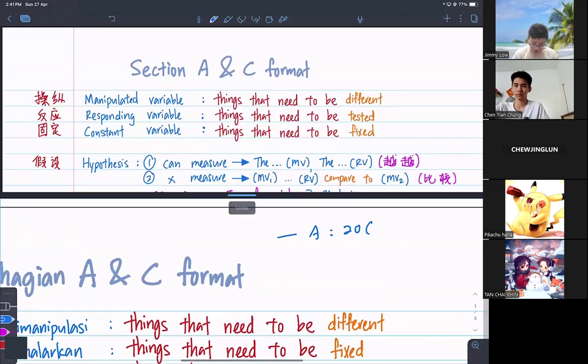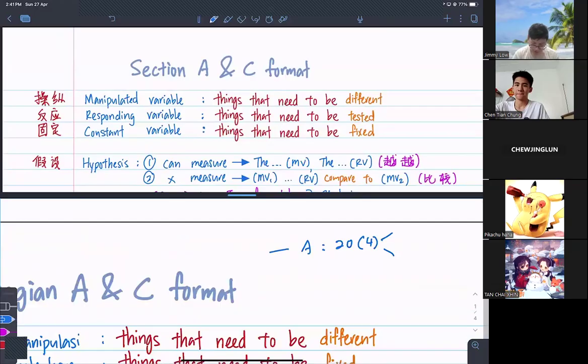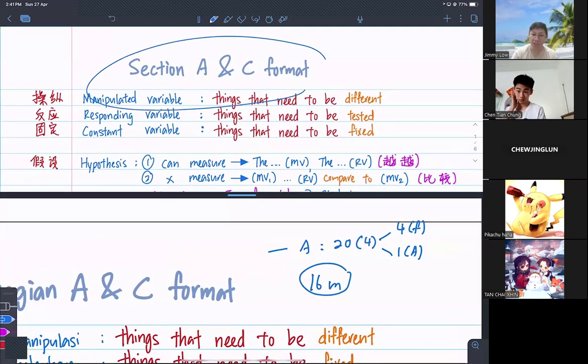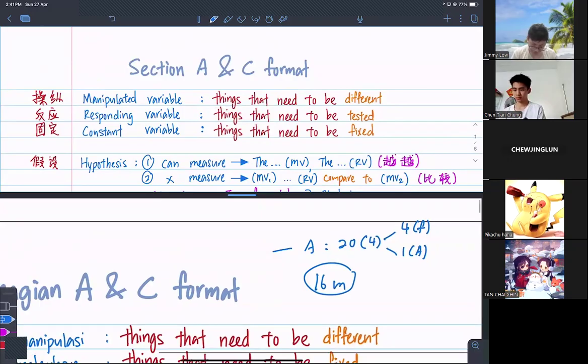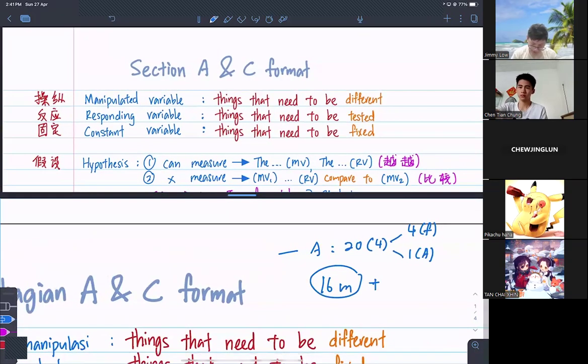How many questions? We have around 4 questions here. For each question, you have 5 marks. Among these 5 marks, 4 marks will be your format base, and 1 mark will be the application. So at least from here, 16 marks is compulsory for you to score, which is based on this format. Plus, you have one more thing called Bahagian C.